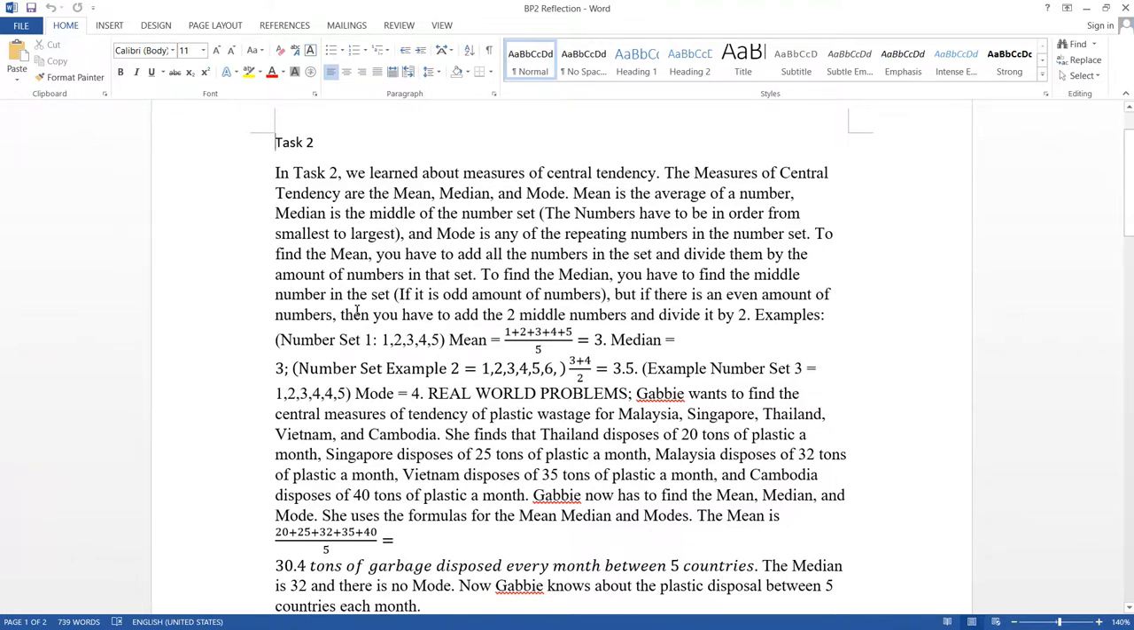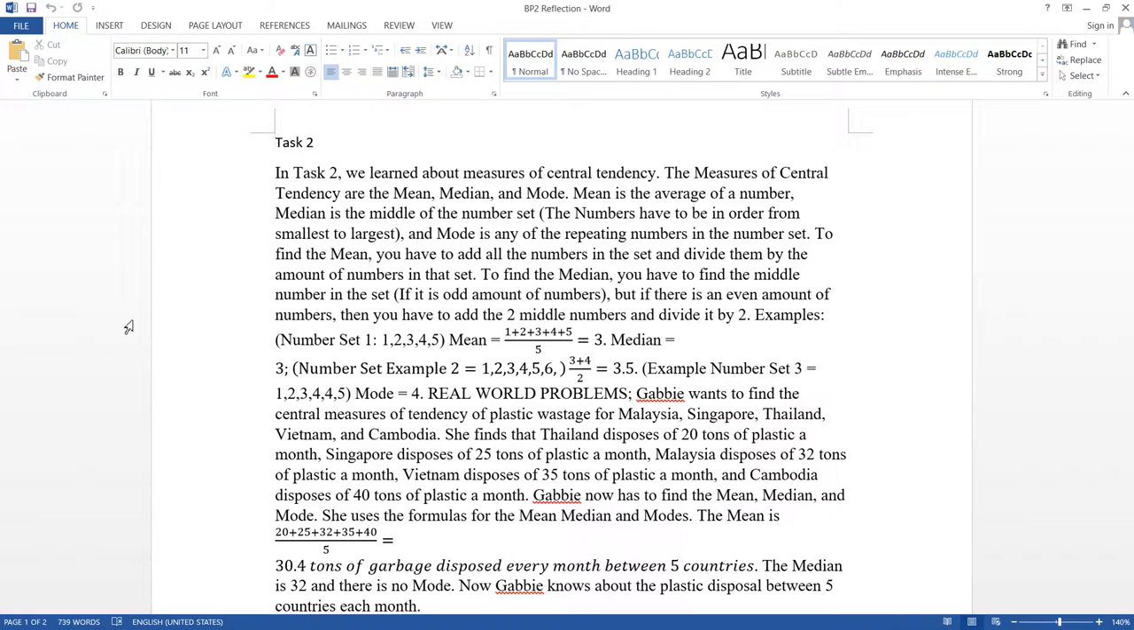To find the mean, you have to add all the numbers in the set and divide by the amount of numbers in the set. For example, you can see down here, mean: 1 plus 2 plus 3 plus 4 plus 5, which is 15. There's 5 numbers, so we divide by 5, which is 15 divided by 5, which is 3. Okay. So to find the median, you have to find the middle number in the number